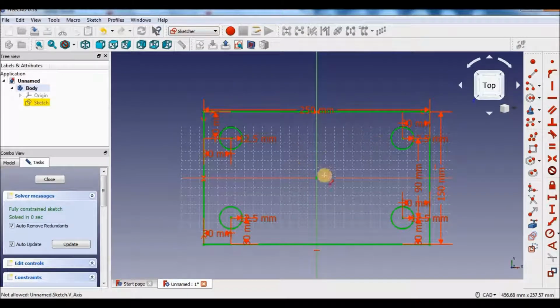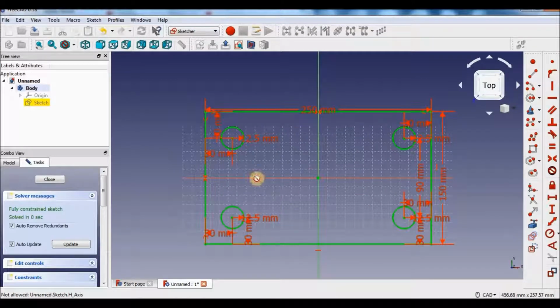So as you can see, the sketch is in green.